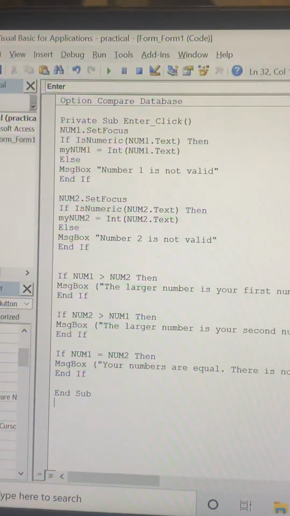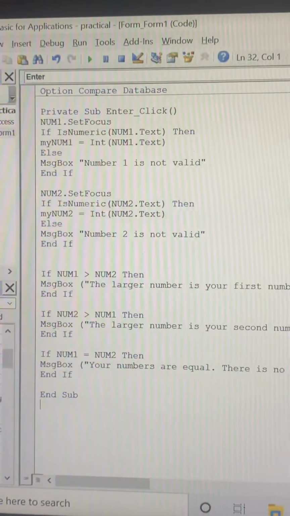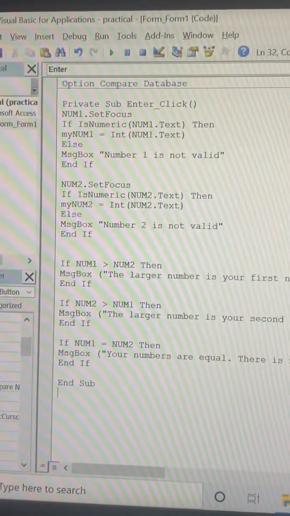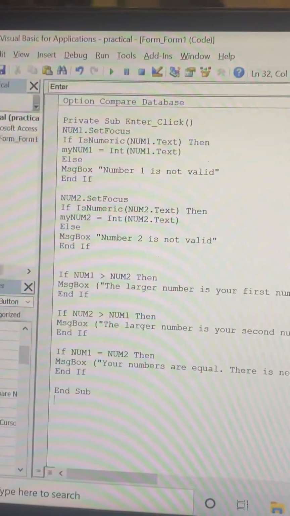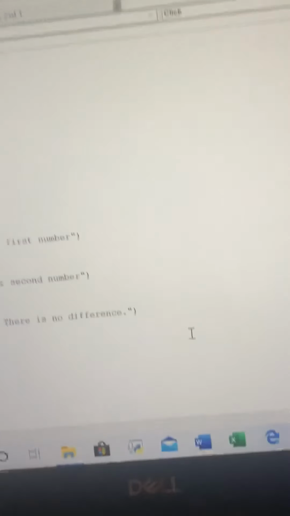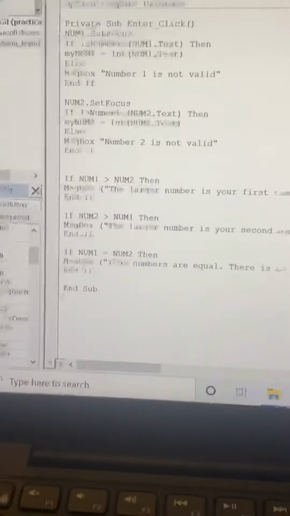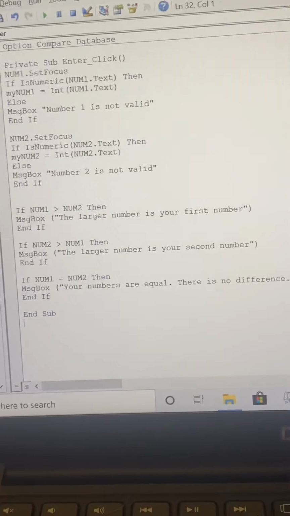And if it doesn't do that, so if it's a non-numeric input such as an A, or a negative number, anything that's less than 0, it says that number is not valid. And the same thing for number 2. And then, to get it to tell you which number is bigger, number 1 or number 2,